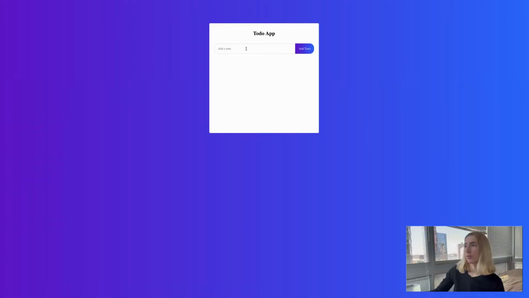So today we're gonna be building a to-do app using TypeScript, and this is how it's gonna look. Here we have our input where we can enter the to-do. Let's do TypeScript app. We're gonna add it to the list, and once it's done it could be marked